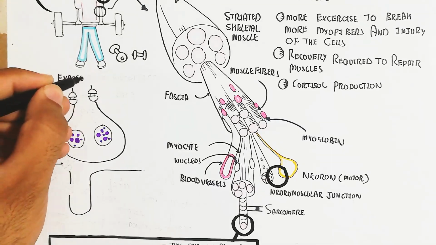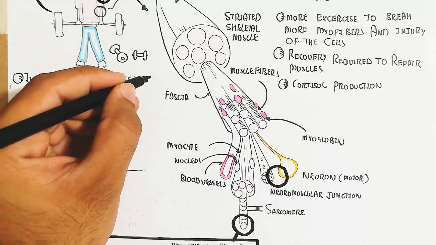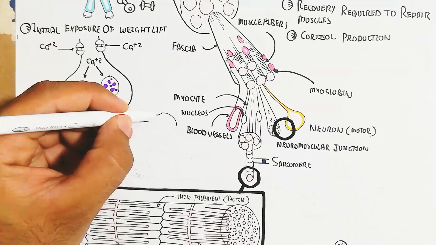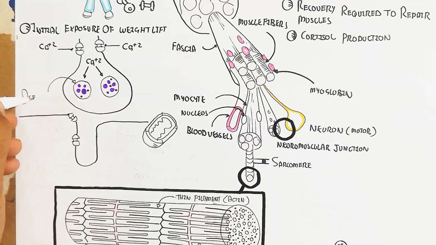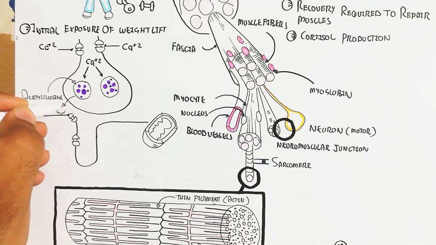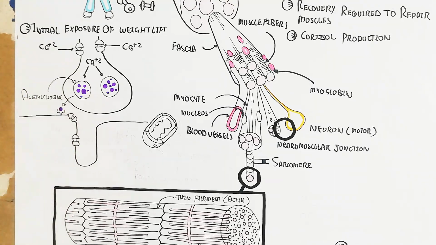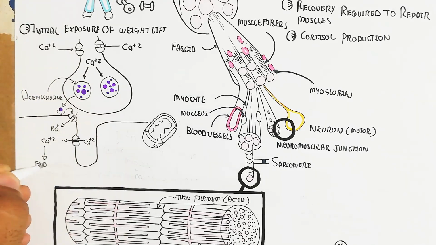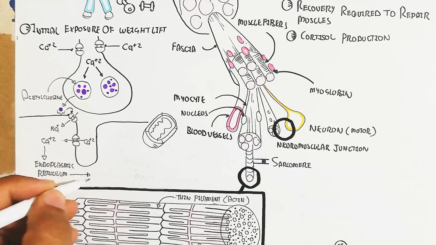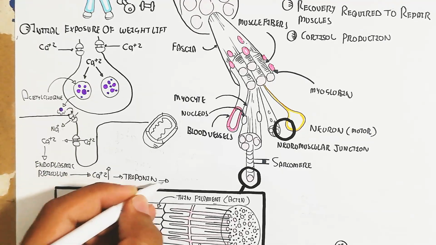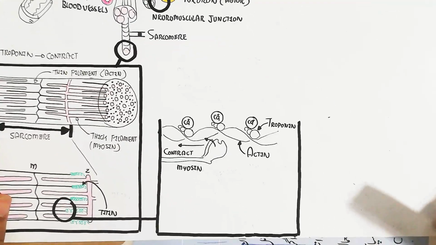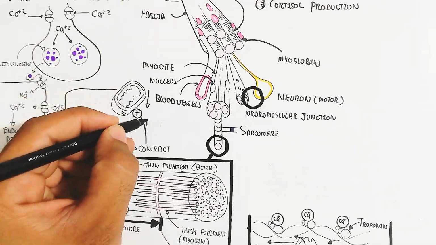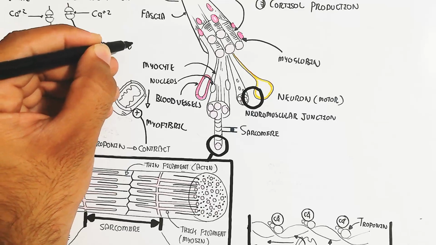This is the initial exposure of weightlifting, which leads to more motor neuron firing and exocytosis of the neurotransmitter known as acetylcholine. When acetylcholine binds with the acetylcholine receptor, it leads to an influx of sodium, and the sodium influx leads to depolarization to trigger the calcium gated channel to open, moving calcium inside and stimulating the endoplasmic reticulum or sarcoplasmic reticulum. The calcium increases and binds with the troponin, and the myosin combines with this activity,